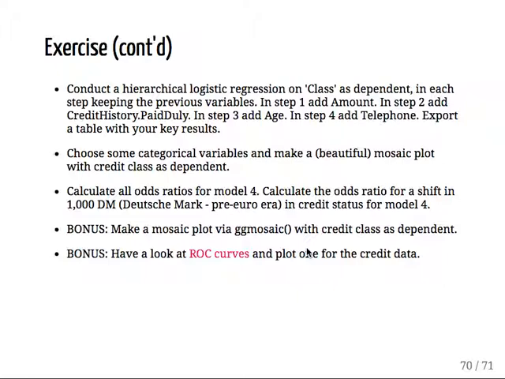And then choose some categorical variables and make this beautiful mosaic plot, which I did. Calculate the odds ratios for model 4. That's the final model with telephone in it. And what does a shift of 1,000 Deutsche Mark in credit amount mean for model 4? So if you shift 1,000 Deutsche Mark, how does it change your credit score? And then you can make a beautiful ggplot mosaic plot, so not using VCD, but figure out on your own